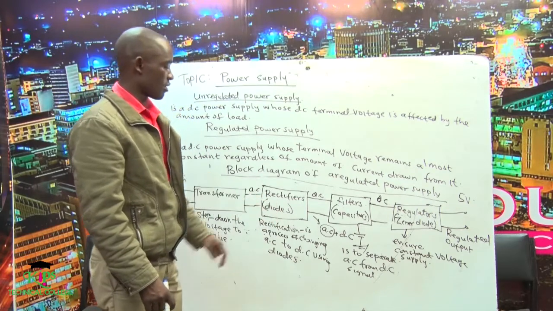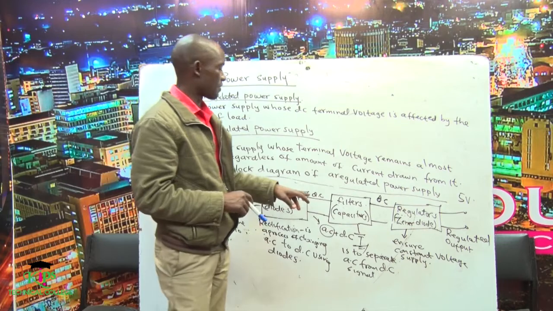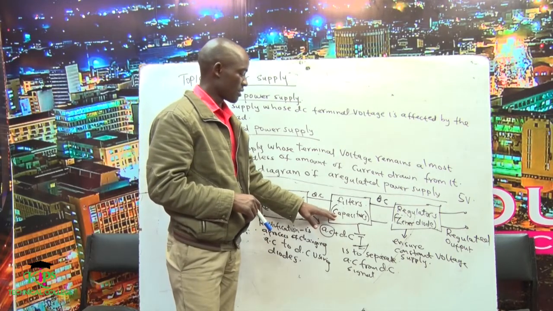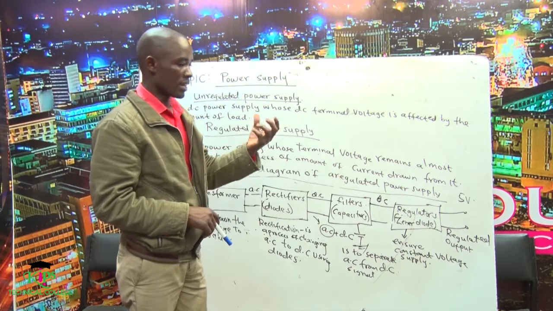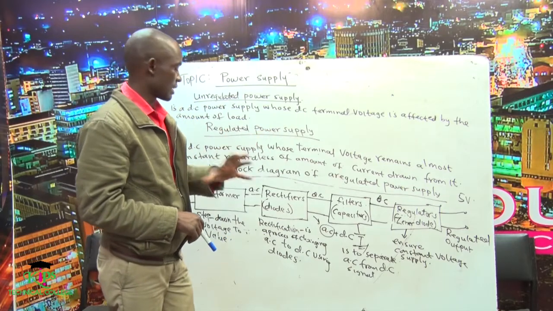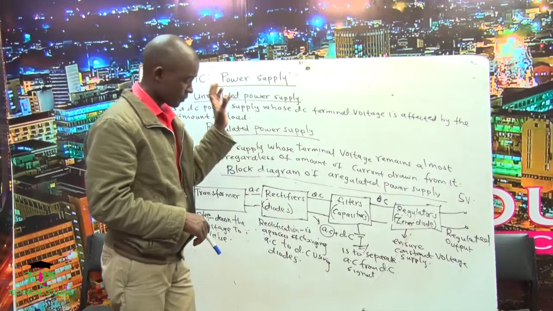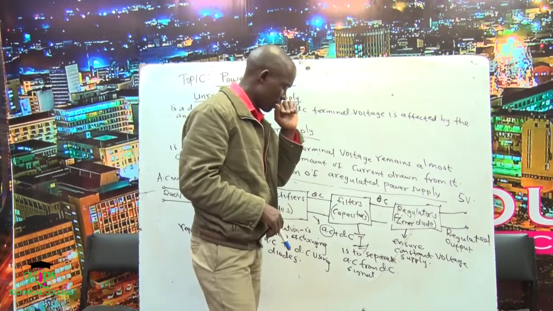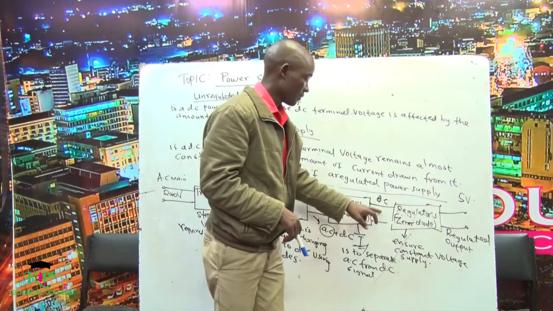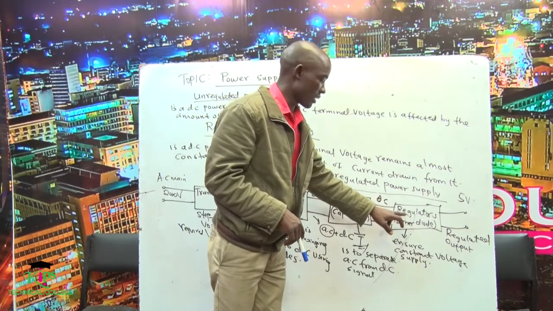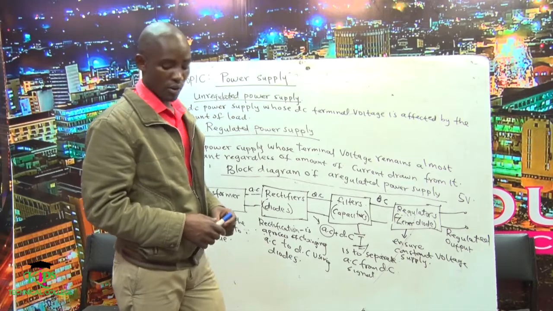Once you have converted your voltage to DC, you will now be able to pass it through a filter. The function of the filter is to remove the AC signals that have sneaked out of this rectification section. So once filtered, the DC is passed through a regulator, so that now we get a constant